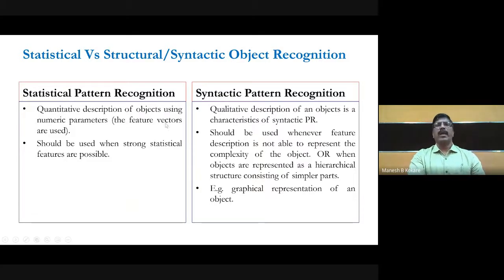Whereas in syntactic pattern recognition, you are not using numerical features, you are using primitives or some shape or something like that.